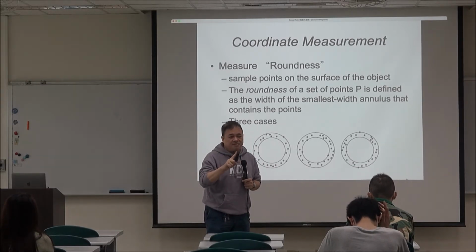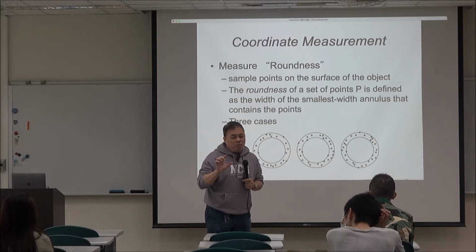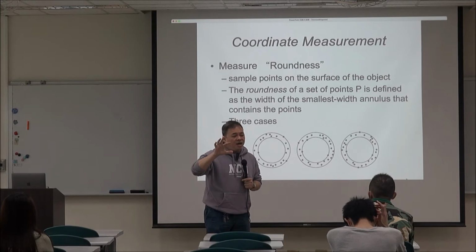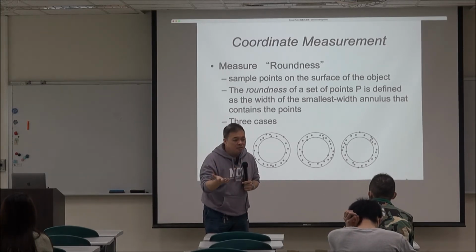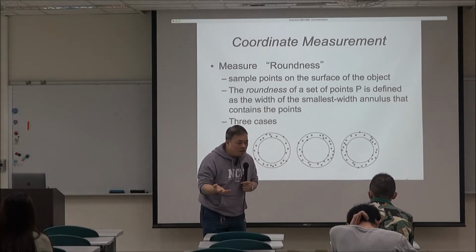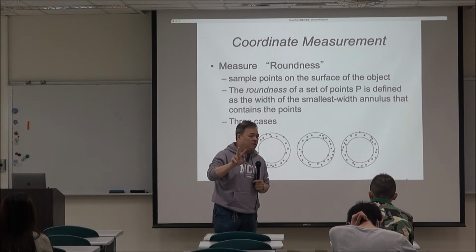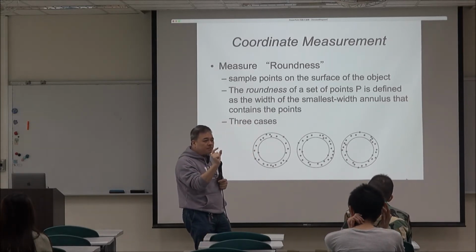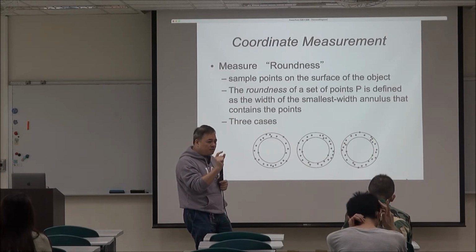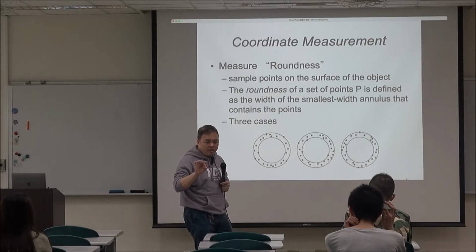The second thing, this is very interesting: we need to make sure these two circles have the same center, obviously. So under these two constraints, when you want to minimize this width, you can imagine there are three ways to minimize it. Okay, the first one,